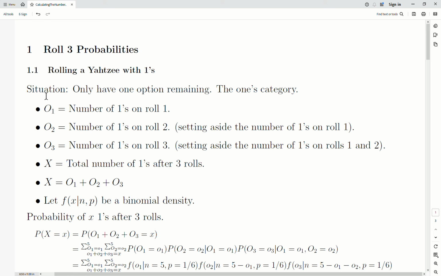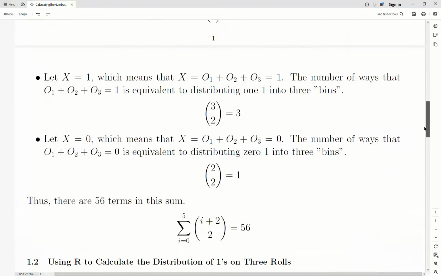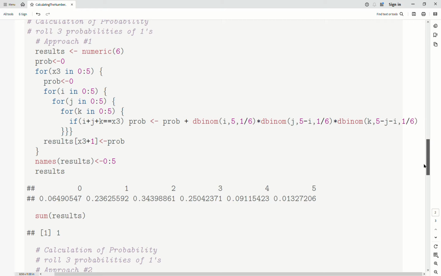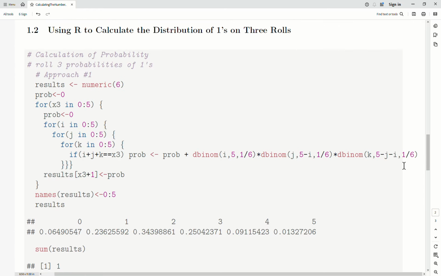This is a follow-up video to where we're looking at how many ones we achieve in rolling. So the situation is we only have one category left. That's the number ones. We need the maximum number of ones, and then we score based on how many ones we roll, and that's it. And so I watched the previous video in the playlist, and here we're using R to calculate the